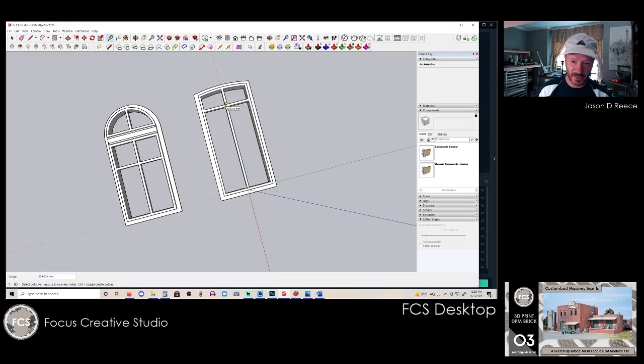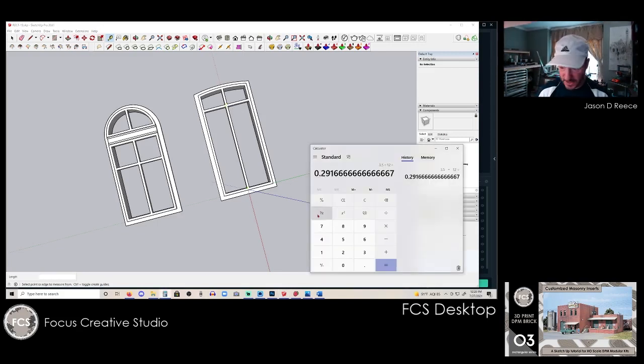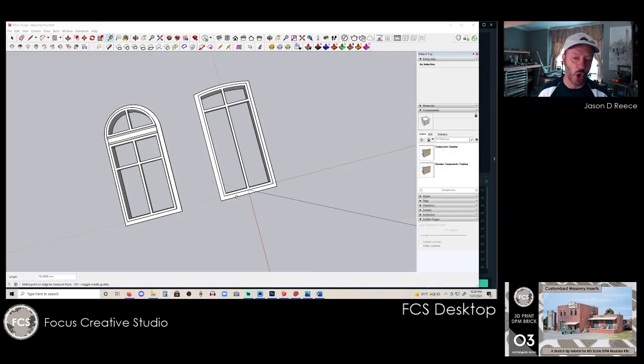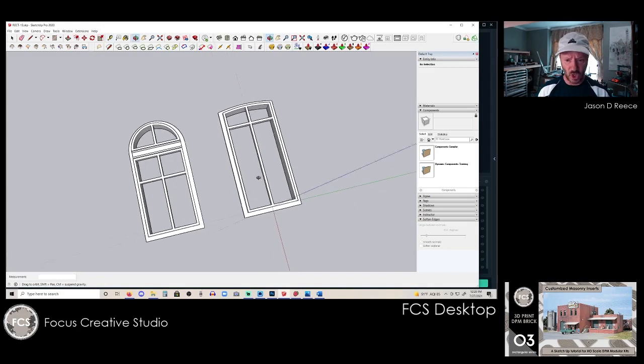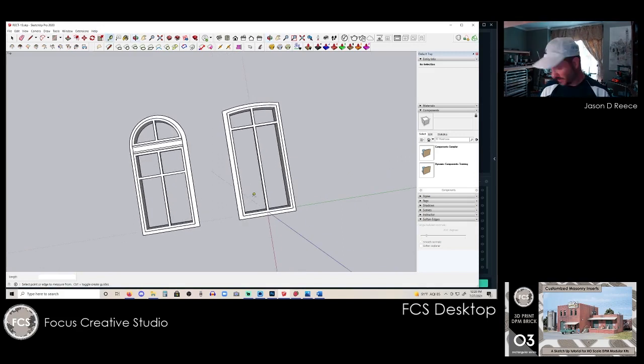This opening is 20 divided by 3.5. So let's check real quick. 20.6 divided by 3.5. So those are just shy of 6 foot tall pieces of glass, and 1 foot 8 inches, so 20 inches wide. As I get in and develop more window options, I'll get a little bit more specific with some things. But the original